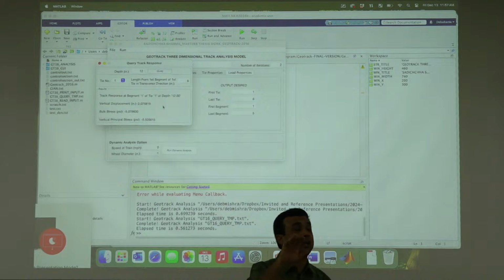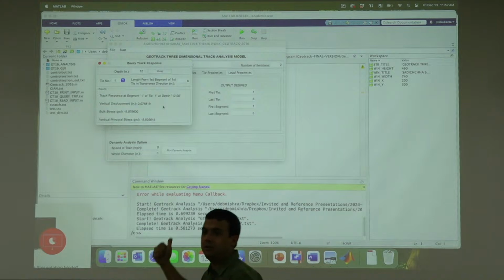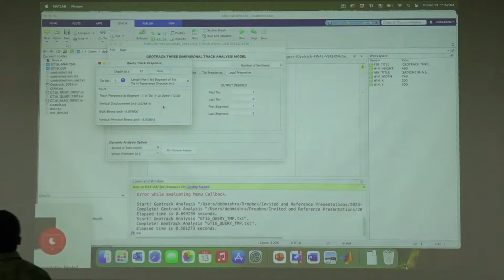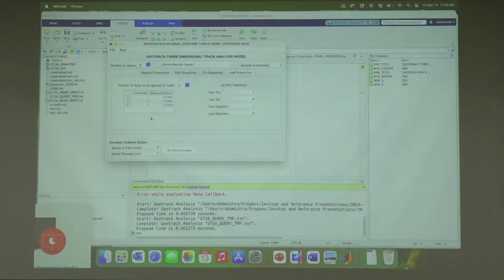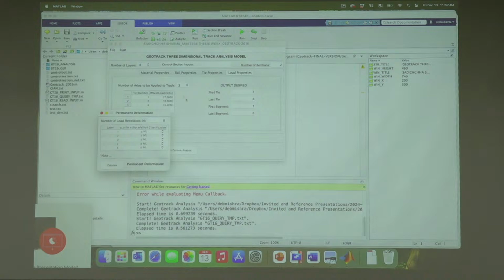You could do what IIPAVE did yesterday with the query points and stuff. You're doing the exact same thing here. That's one aspect. The other aspect you have is you can do permanent deformation calculation. So basically what you can do is